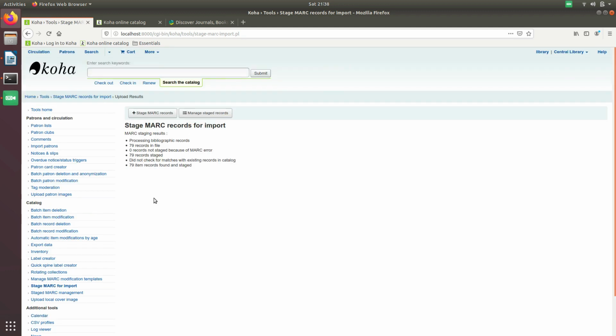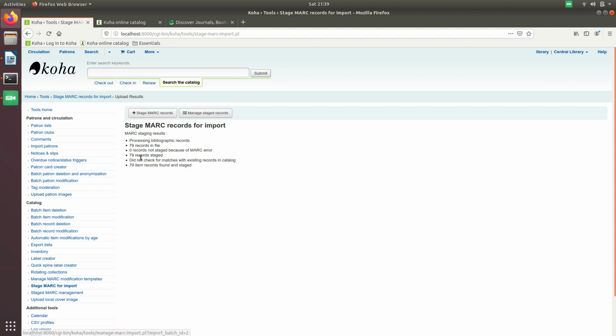So we can see here it has imported 79 records, and it has staged in the reservoir. Now it is up to us whether we want to finally take it or not.